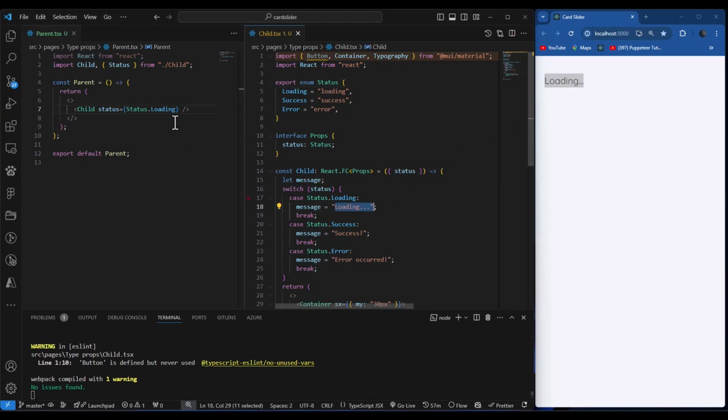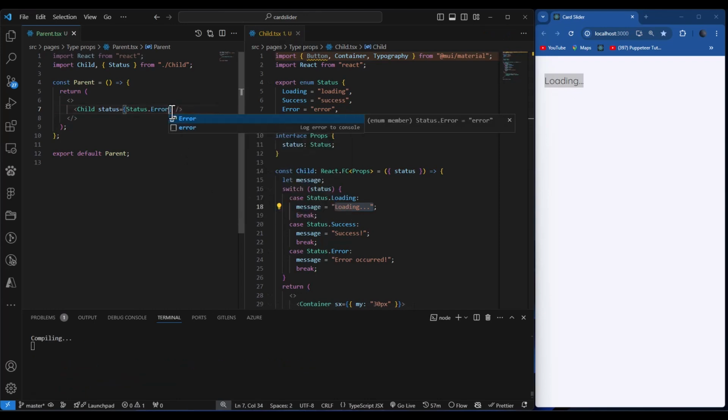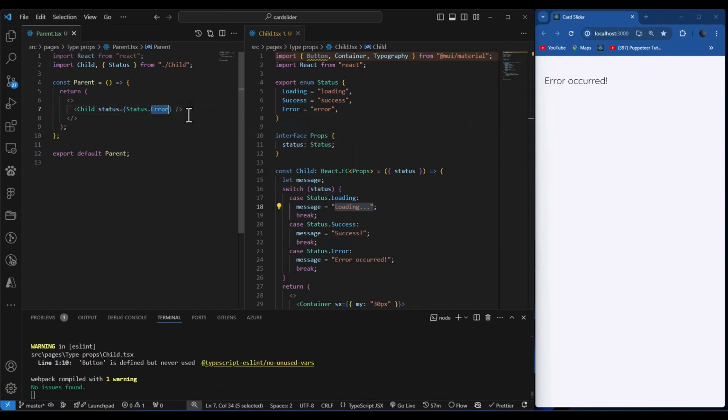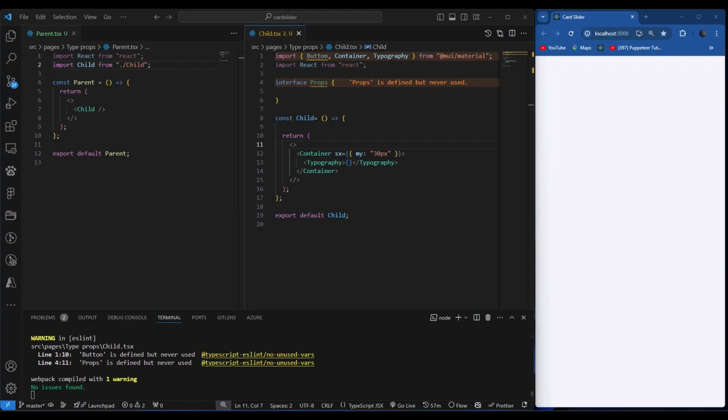And if it is error, I should be able to get error occurred here. So that is that for the enumeration. A generic interface or generic type props are the one that render a list of items using a provided render items. So I'm going to have